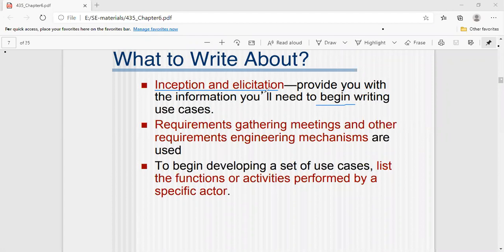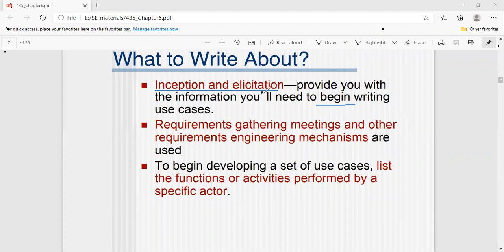After taking the requirements from the client, next we should elaborate, which means we need to gather more and more information related to a particular function. Elaboration means gathering more information. In the inception phase, we take only one or two points related to that function. But in elaboration, for that particular function, you should get 10 out of 10 points. Then only is it possible to construct some use cases or functions related to your project, isn't it?